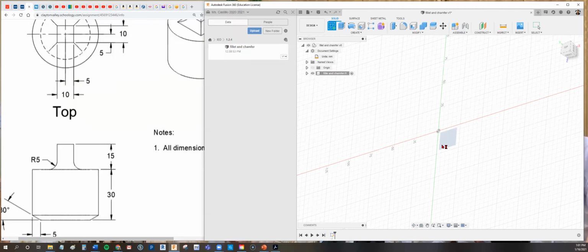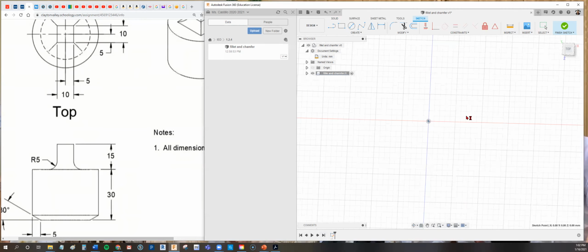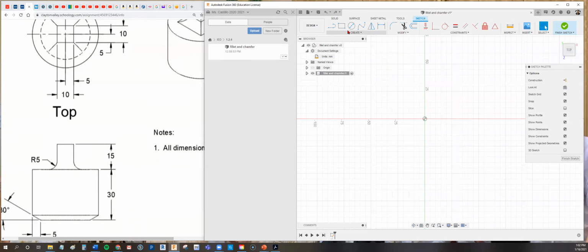Okay. So now I'm looking at it from the bottom, click on the origin. You always want to start off at the origin when we do all our assignments. Okay. So I'm going to go up. And it's not, so I'm going to hit finish sketch. I'm going to do that again, undo. All right, so let's do create